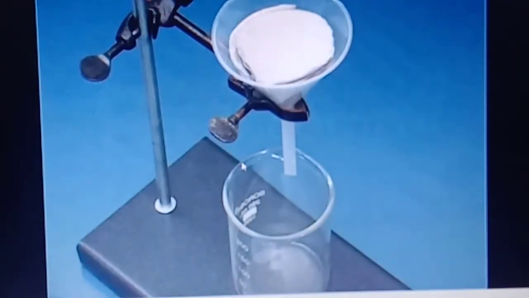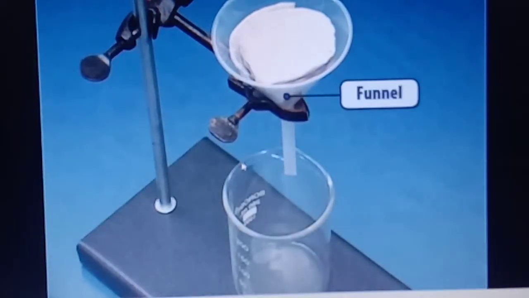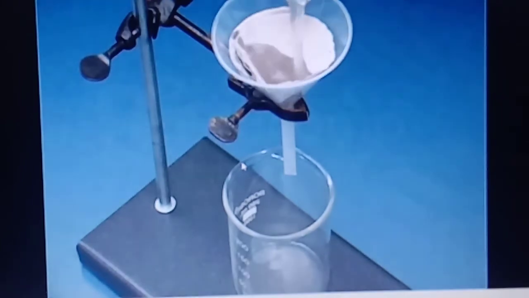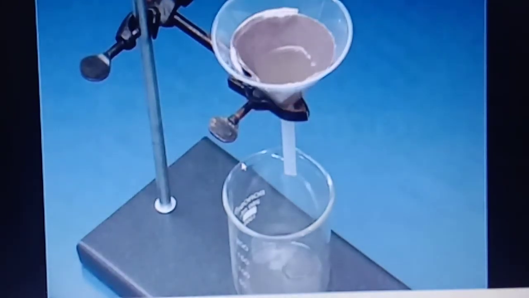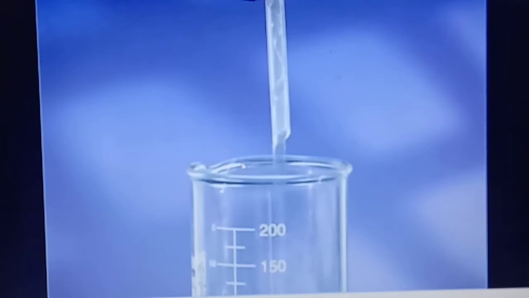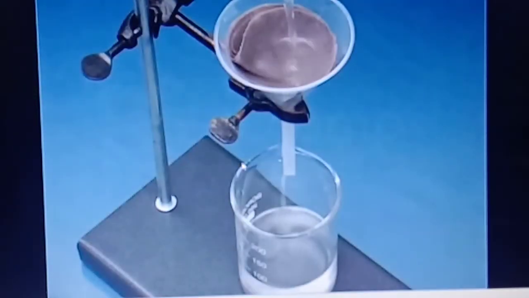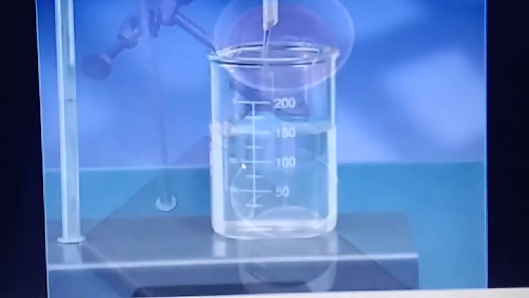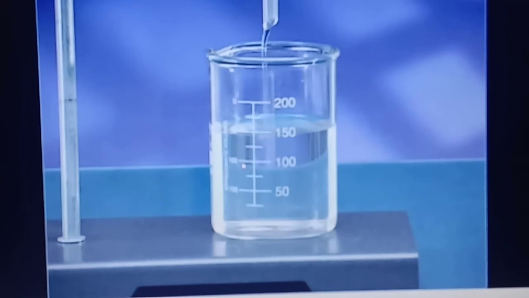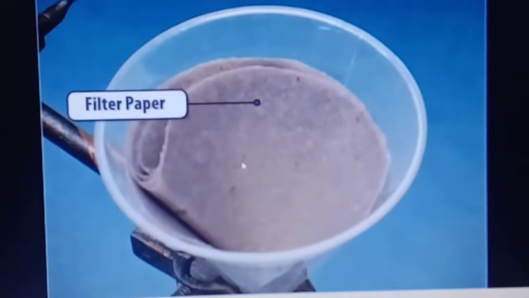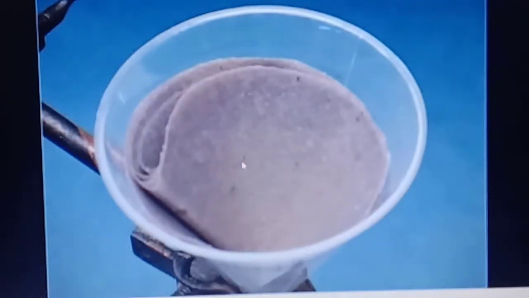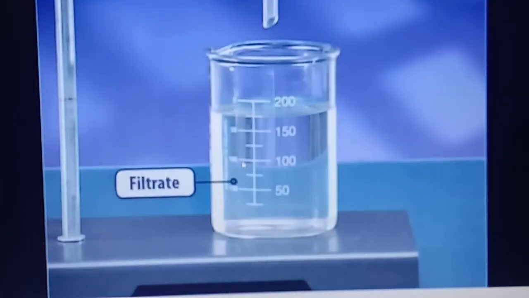Place the filter paper in the funnel and pour the water obtained after filtration with cloth. Look at the filter paper after filtration. You can see that fine particles of mud are deposited on the filter paper and the filtrate obtained is free